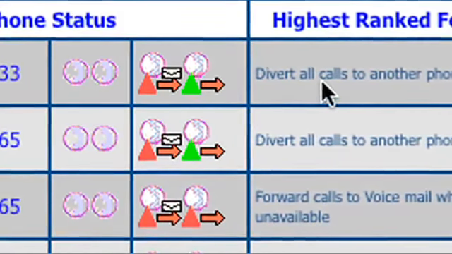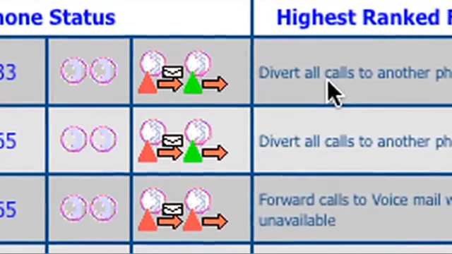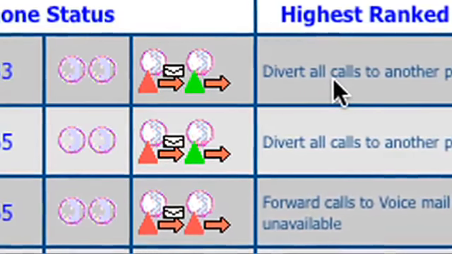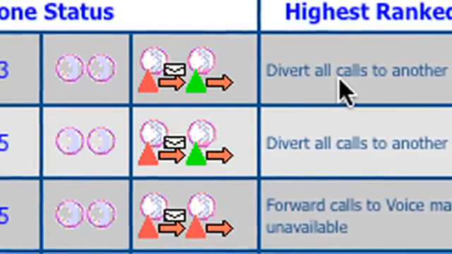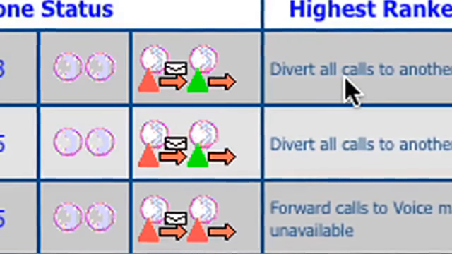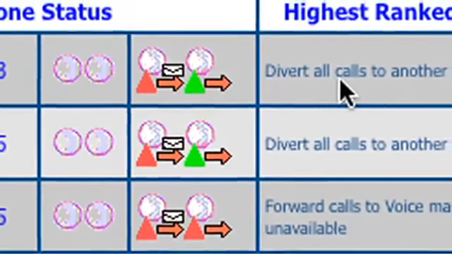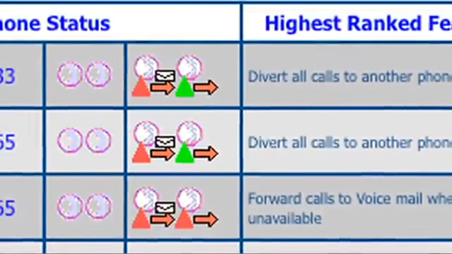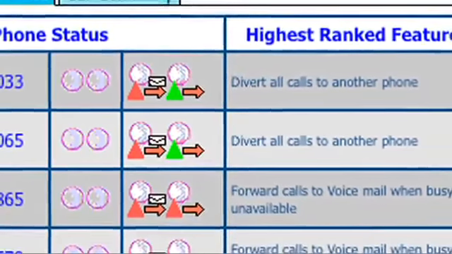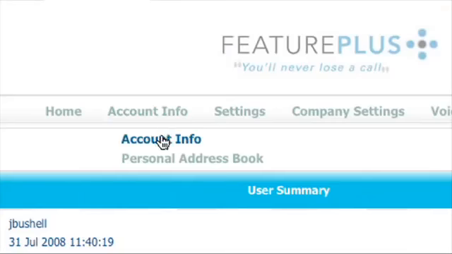This highest ranked feature shows you which of the features you have switched on has taken precedence and is in operation. Information on the feature hierarchy can be found in the help section of your control panel. Now, before we move on to the rest of the control panel, I would like to point out two very important